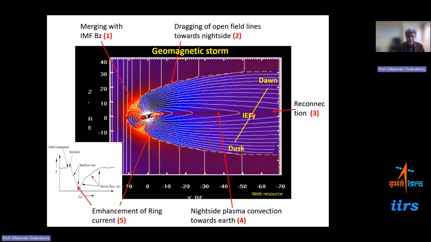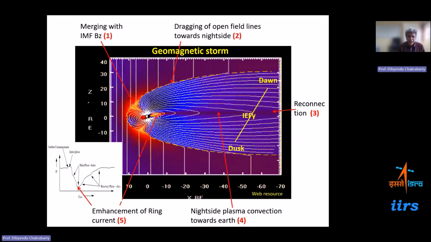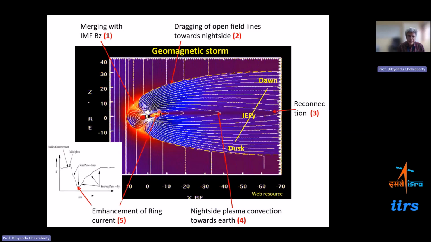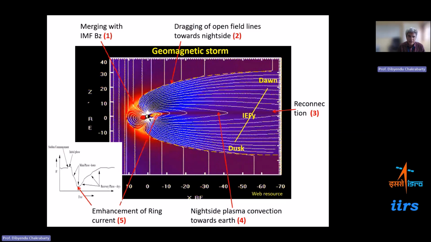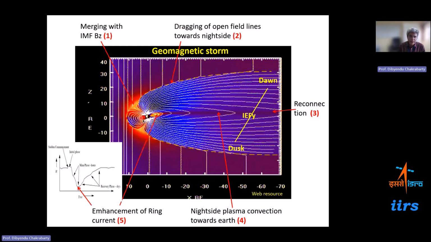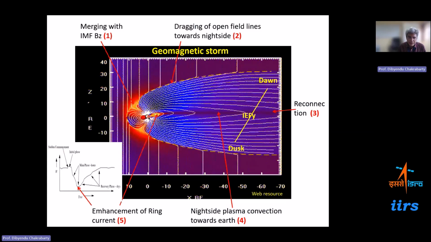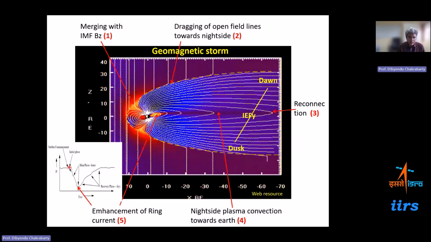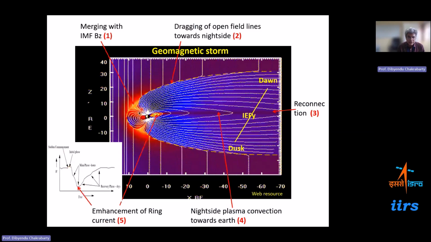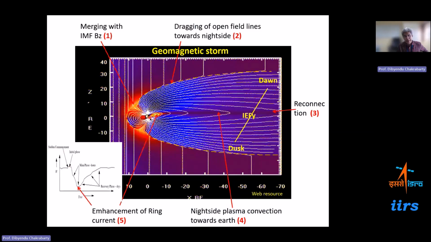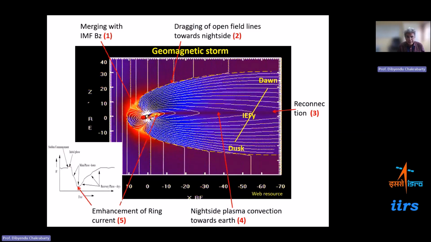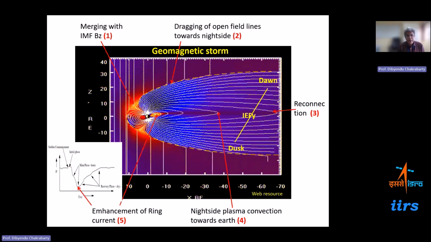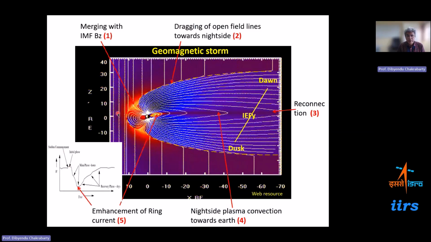Once it is reconnected, the magnetic field converges towards the Earth, and as it comes, it actually feeds the current which is flowing at this height, at a height of 6 Earth radii or 36,000 kilometers. If you have a magnetic measurement on the surface, you will see that the current on top of you has increased, which we call the ring current, because it encircles the Earth at a height of 36,000 kilometers. This is a typical sequence of a geomagnetic storm that can happen, and it starts from the polarity of the solar wind magnetic field.